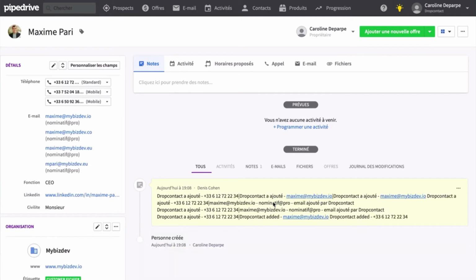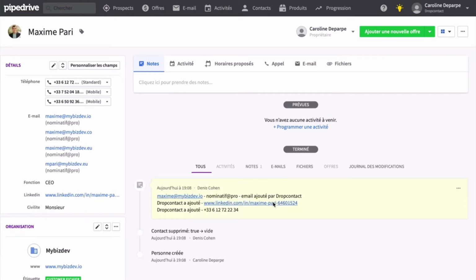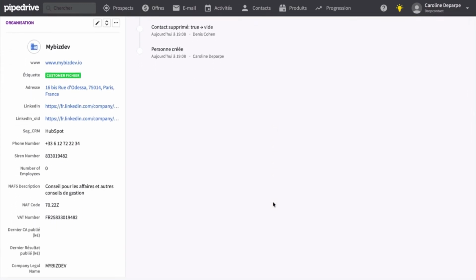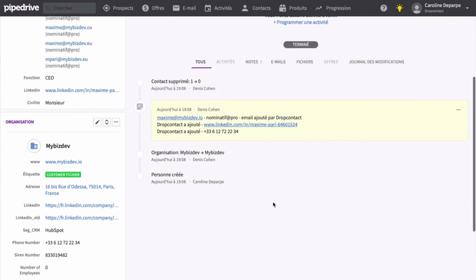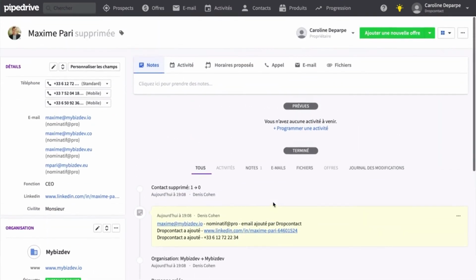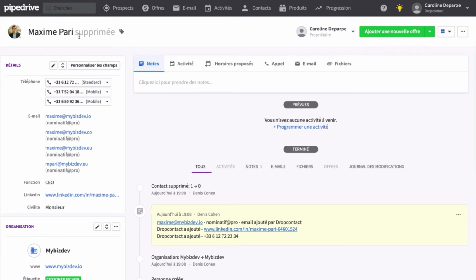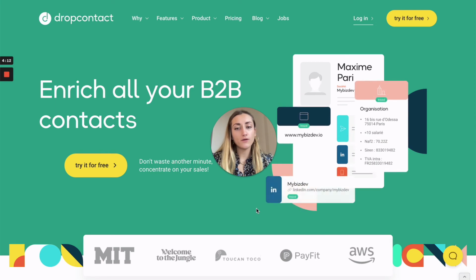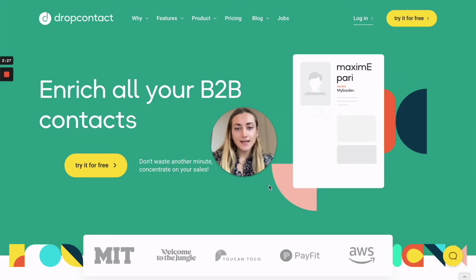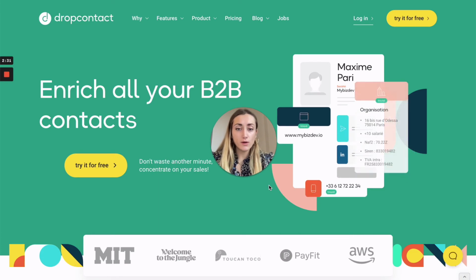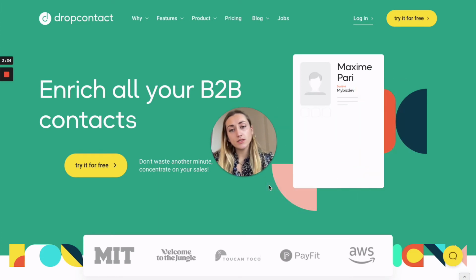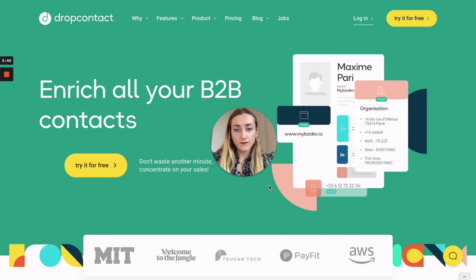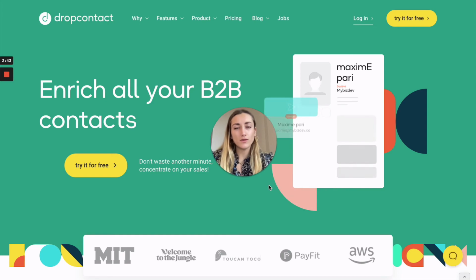You just have to put the first name, last name and company in your CRM, and Drop Contact will create all the contact file and organization file. When Drop Contact is integrated in your CRM, it detects all the duplicates and merges the duplicates of contact or organization. The algorithm works everywhere in the world. There is no geographical limit. It enriches in real time your contacts, so there is no data obsolescence.